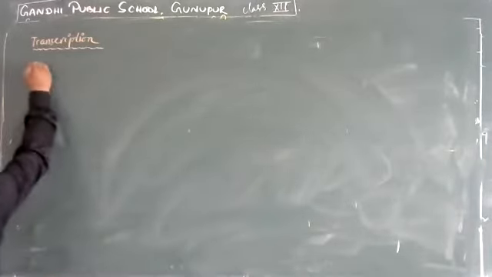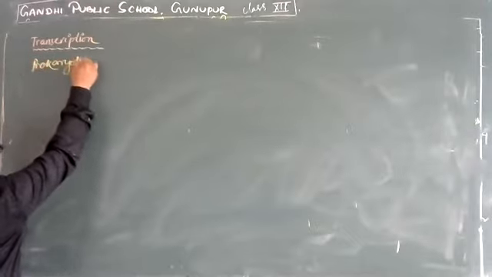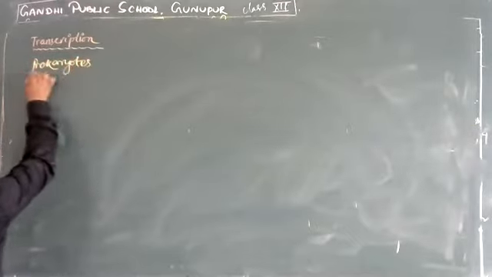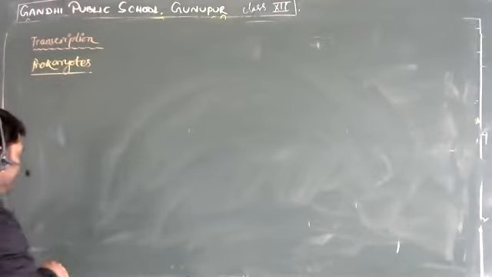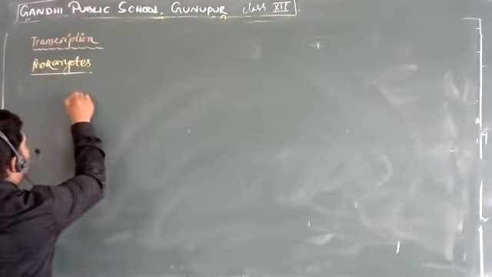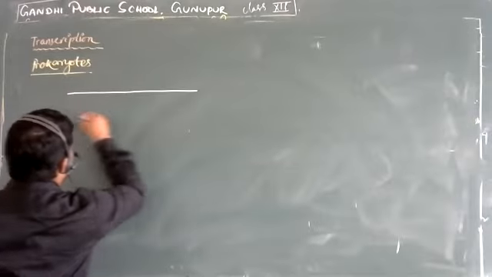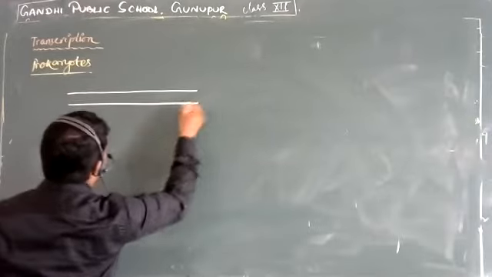Okay, so let's talk about transcription in prokaryotes or prokaryotic organisms. As I said, there are 3 steps. So let us write down how it is going to go on. In the beginning, you are going to have the regular DNA.